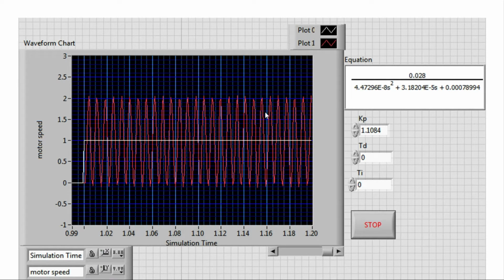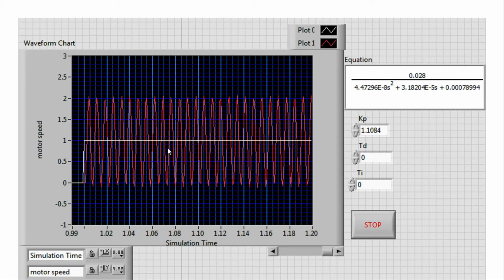There is no decay and no increase, so I get sustained oscillations in this case. The value of KP at which we get the sustained oscillation is called Ku, the ultimate gain.